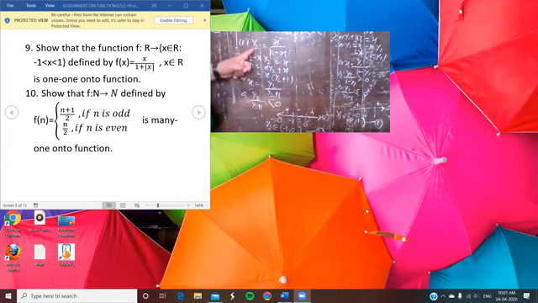So here you see that if you take y2 equal to x upon 1 minus x, and try to find the value of x, you have x is equal to y2 upon y2 plus 1. Here, as x is less than 0, y2 upon y2 plus 1 is also less than 0.